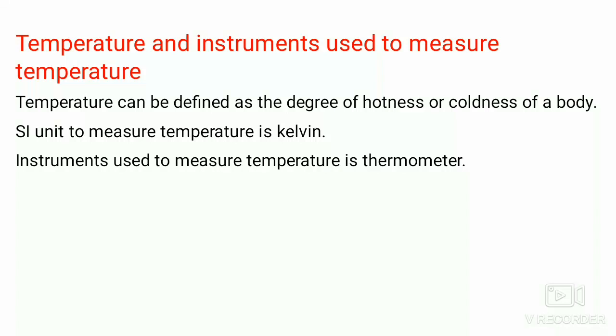Clinical thermometers are used by doctors to measure a person's body temperature. Therefore, they are more commonly known as doctor's thermometers. They are generally graduated from 35 degrees Celsius to 42 degrees Celsius. This is because the human body temperature can vary within this range only. The normal human body temperature is 37 degrees Celsius. If the reading of the thermometer is above this temperature, the person has fever.